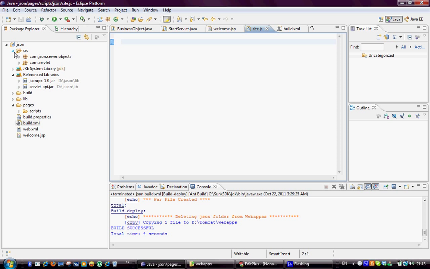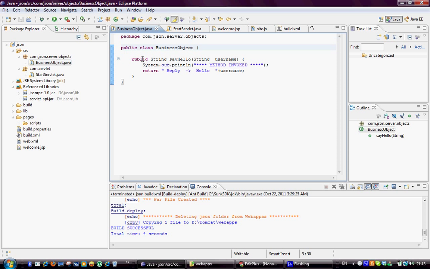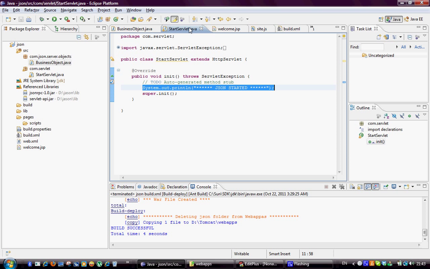I opened my Eclipse, where I have written some classes for this. This is a business object class, which has the method we are going to invoke from the servlet through the JSON framework. I have a start servlet, with a System.out.println just to see that the application is properly deployed in the server. And the major thing is the